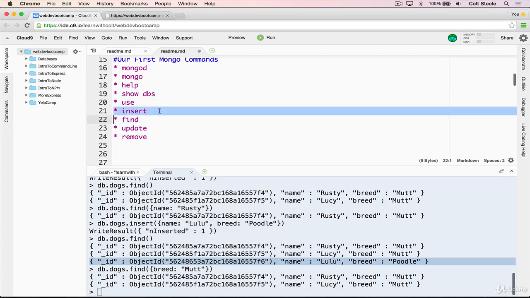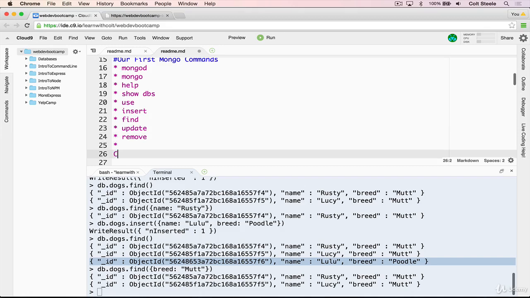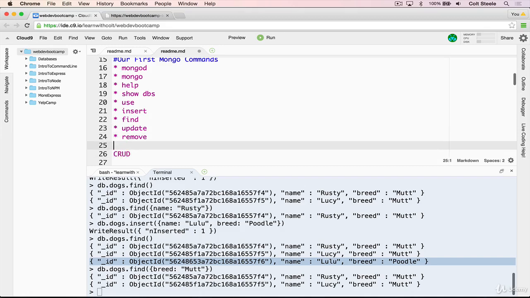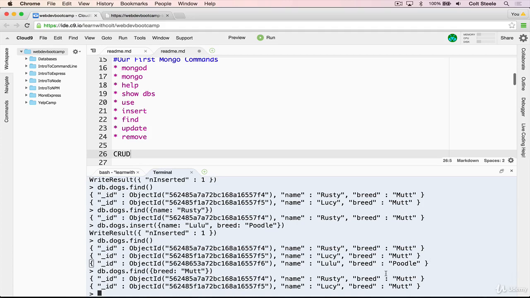Okay, so we covered inserting into collections and retrieving or finding, what's also called reading. There's an acronym, CRUD, which stands for create, read, update, and destroy or delete. And we've done the C and the R, create and read. Now let's talk about how we can update particular dogs. Let's say that we figure out that Lulu is actually a Labradoodle instead of a regular poodle. What we can do is update the value of breed on Lulu by using MongoDB's update. So that looks like